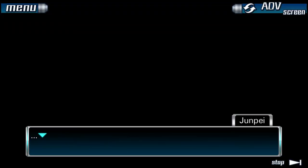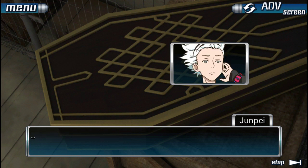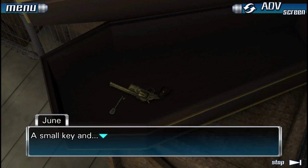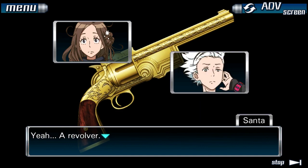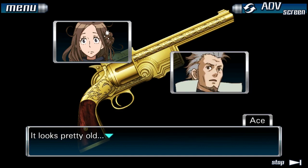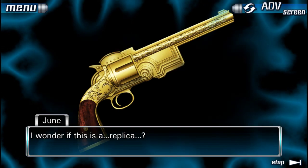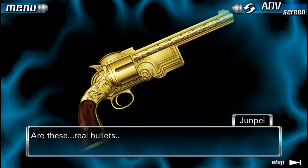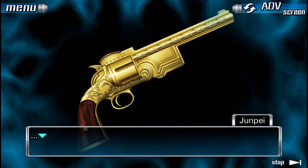Mummy! Oh. Just kidding. Really? Whatever. Just open it. Okay, okay. A small key and. A gun? Yeah, a revolver. It looks pretty old. I wonder if this is a replica. This thing is... Are these real bullets? Oh, if this is real...